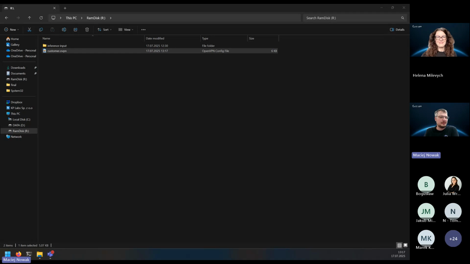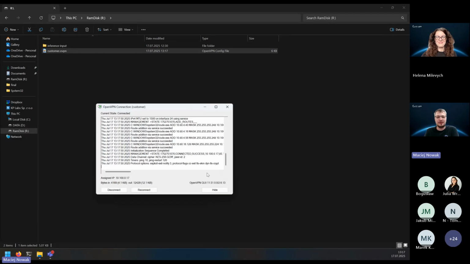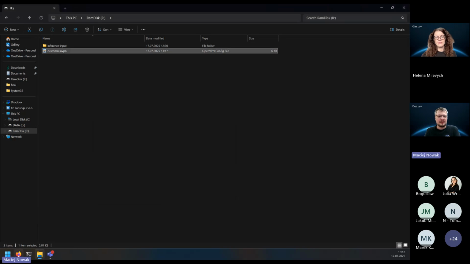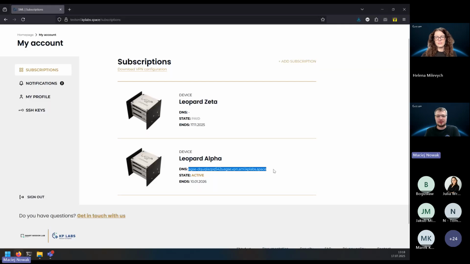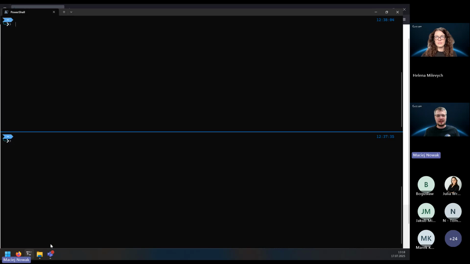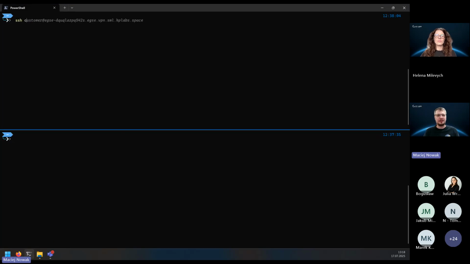Linked a bit too fast. Yeah, if you're familiar with OpenVPN, then you know that this is a happy screen when everything is connected correctly. And the next thing I have to do is to just grab this name, and I can connect using SSH to